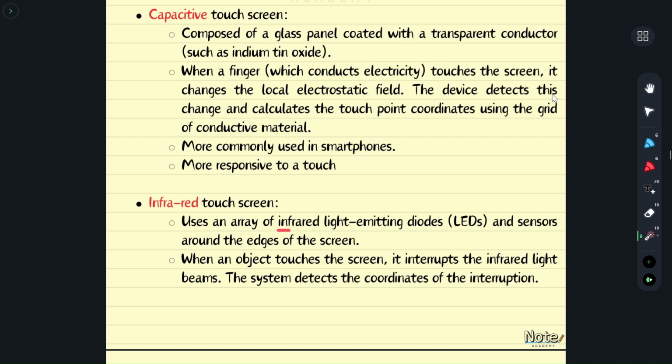This uses an array of LED lights and sensors. So basically when that light beam is interrupted, the screen knows where and for how long the touch actually took place. So this is basically just a grid of lights and sensors. These are all laser beams over here, and if we touch in a specific place, this will remove these beams. So let's suppose that we touch over here, these specific two beams will be interrupted